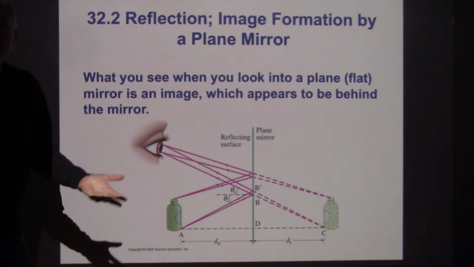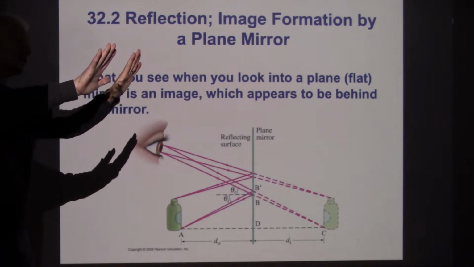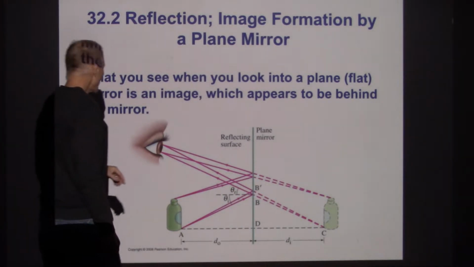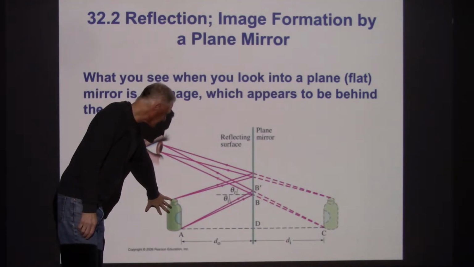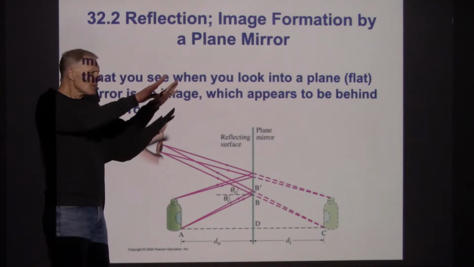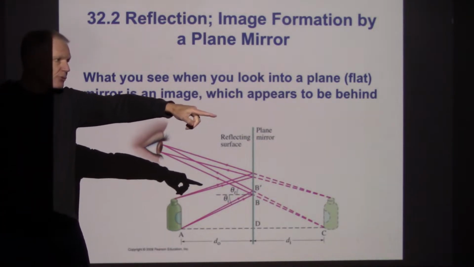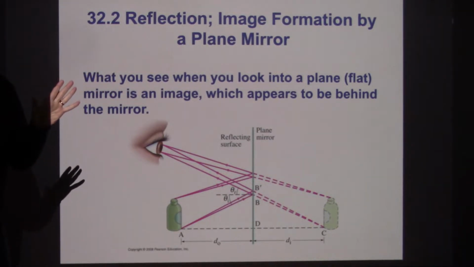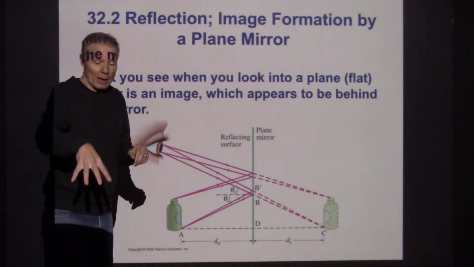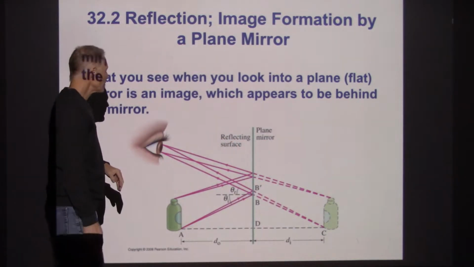You would think, knowing that a person that has never experienced looking into a mirror, that it would be remarkable for that person to come up and just kind of look around and go, oh my gosh, what is this mirror doing? Anyway, what they're pointing out is that when you look into a mirror, here's an object sitting on a counter. And I look into the mirror, and I can see the object right here, but I can also see an image that is being formed. So because of the reflective properties of the mirror, the object is still here, but there's what we call an image of the object